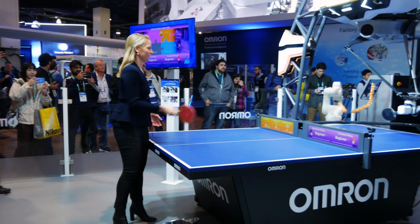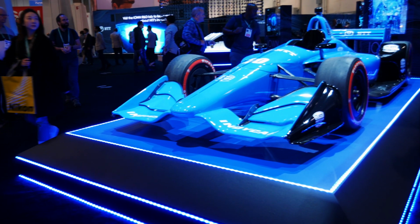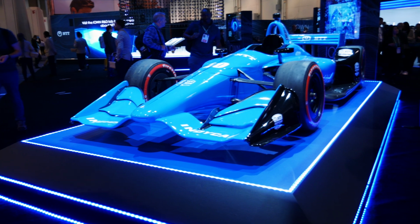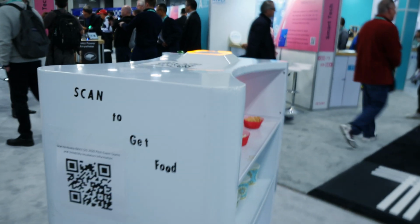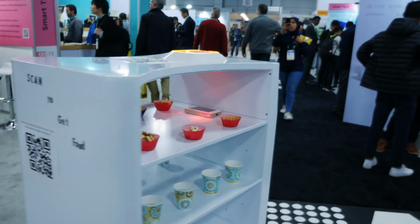So if there's one main takeaway I have from this year's CES, it's feedback. And feedback from the devices that we use, from the technology we use to help improve our experience. You can see that with the Omron giving you feedback based on your heart rate or your mood, the MySound feature which calibrates headphones to your specific ear and the specific way that you hear things,